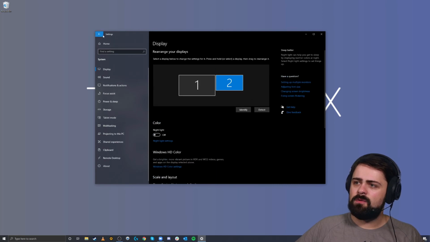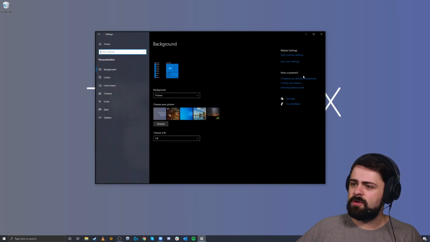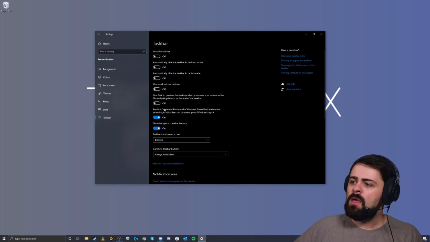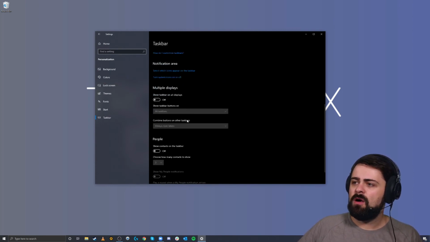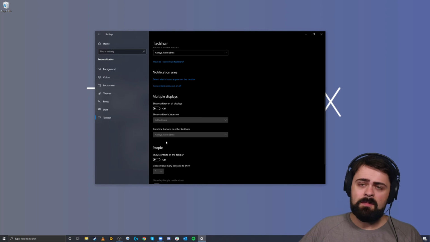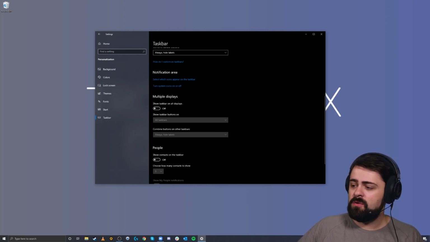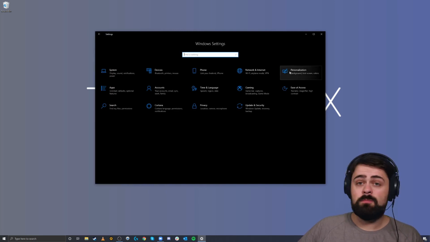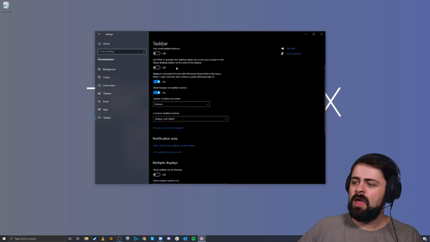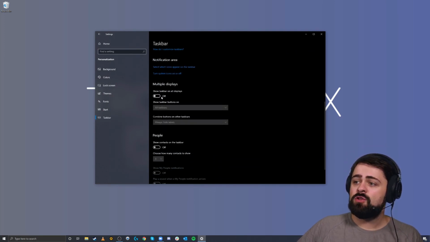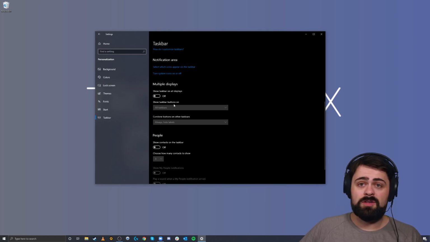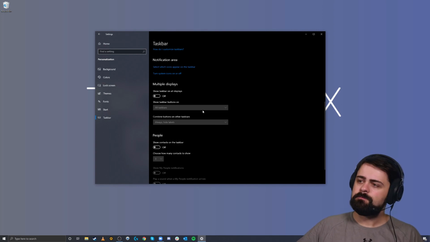And that is found back here on our main screen under personalization, where we have the taskbar itself. You might have your taskbar appearing on all your displays. And again, we only want to show the Windows taskbar on our main display. If this is the case, again, we're going to go from Home to Personalization to Taskbar, and under this multiple displays, turn off the option to show the taskbar on all the displays. That will simply hide the taskbar on your secondary displays connected and only show it on the primary display.